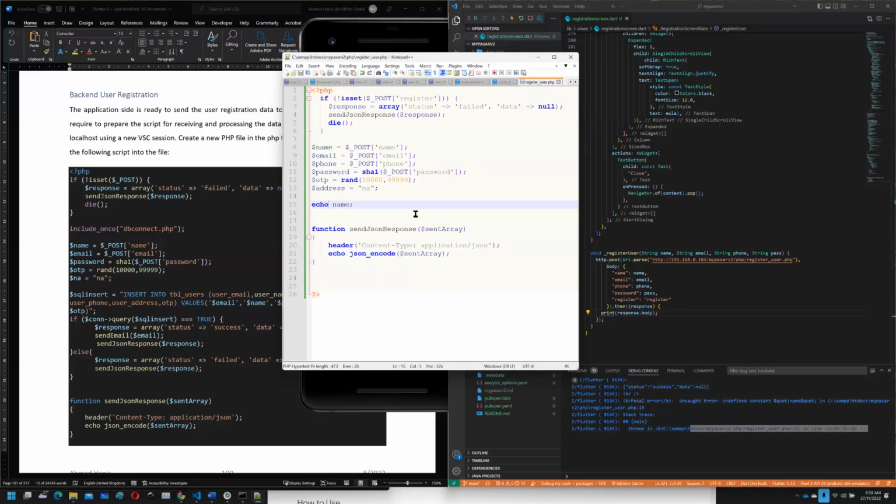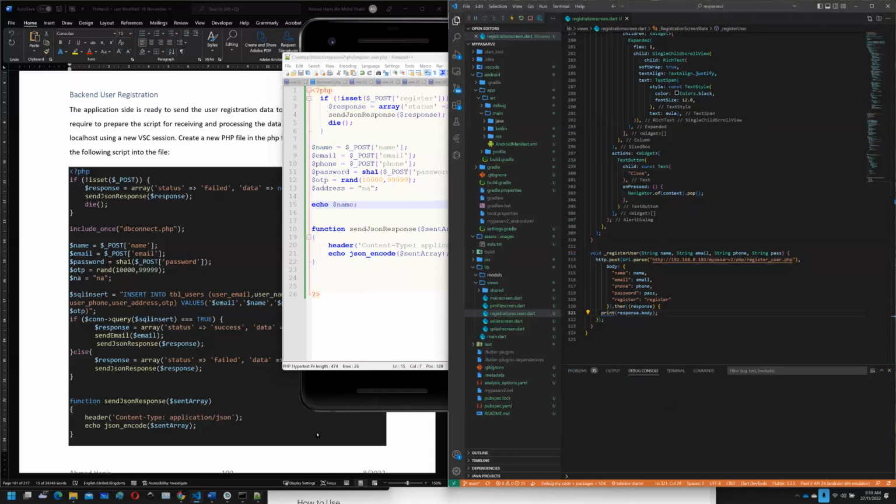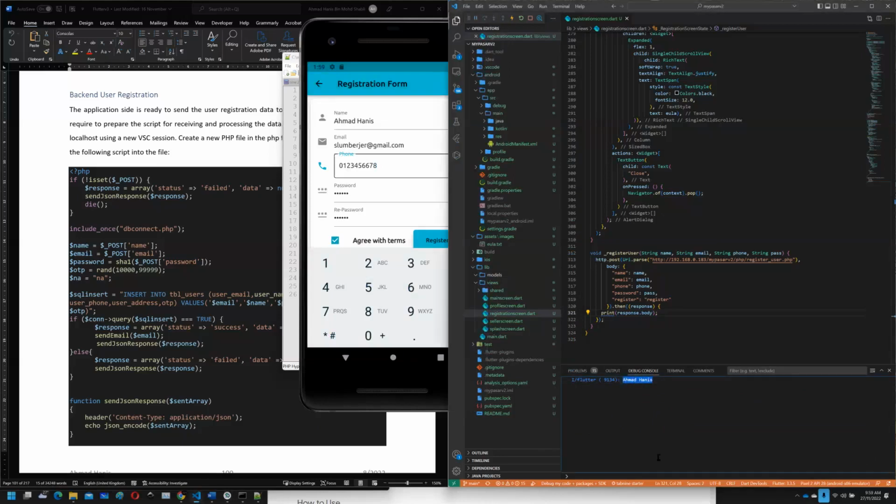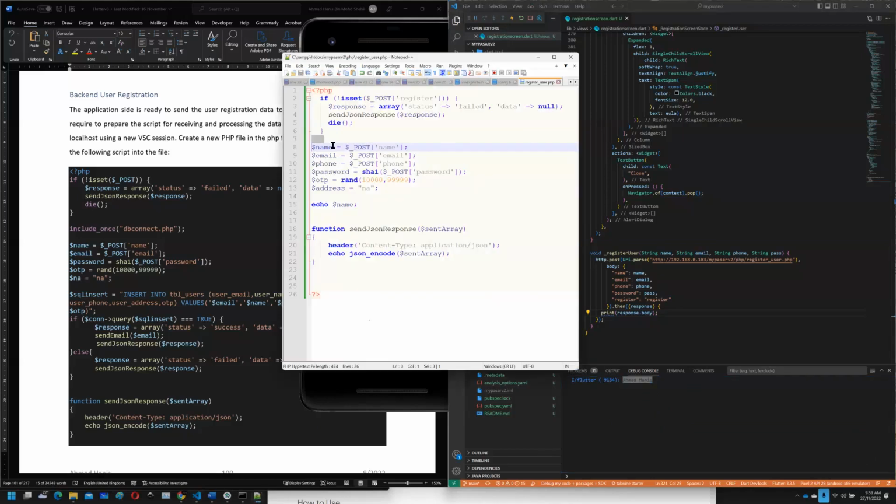Oh yeah, sorry, forgot about the dollar. Dollar is the variable here. All right, my bad. Clear the console one more time just to test. Yes, we should be able to see the name that is written by the server, Ahmad Hanis. Okay, so that proves that we have the name, email, phone, and password. Now we can